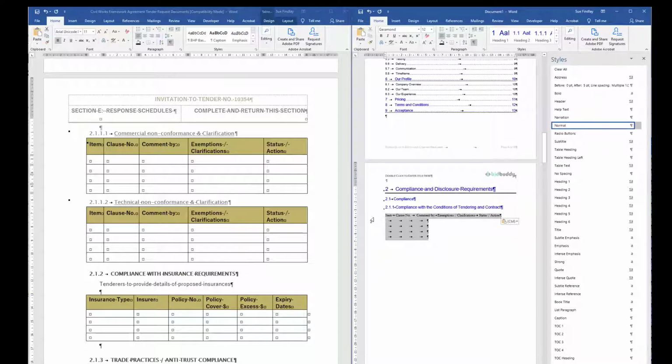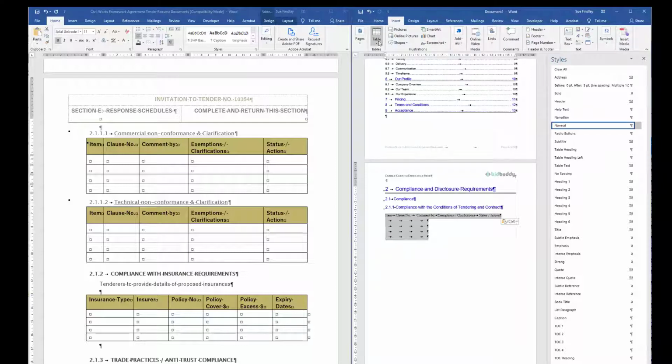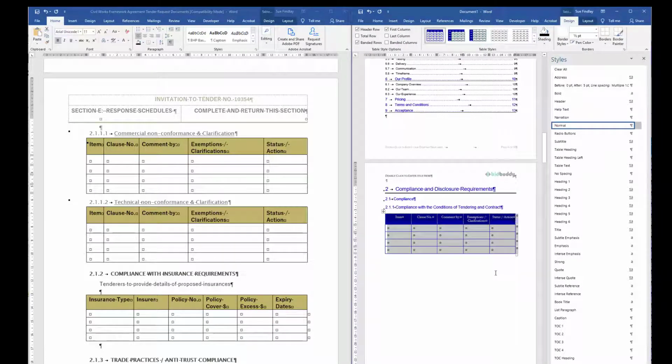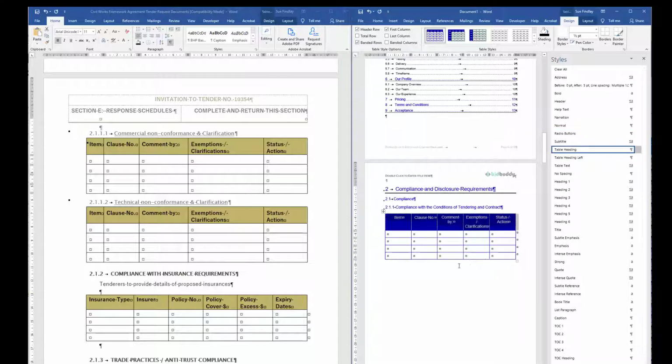No matter, you can turn that back into a table by highlighting it and going to, let me see, design, no, layout, and, insert, sorry, convert text to table, there, and it'll pick up the auto formatting caused by the tabs, and bam, there it is. Now this table heading font here doesn't look right, so change that to table heading,